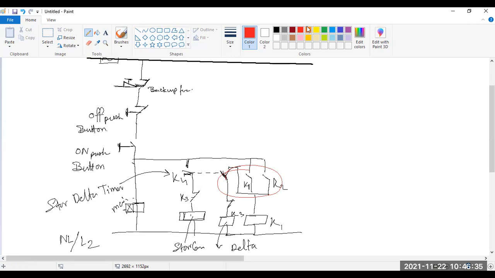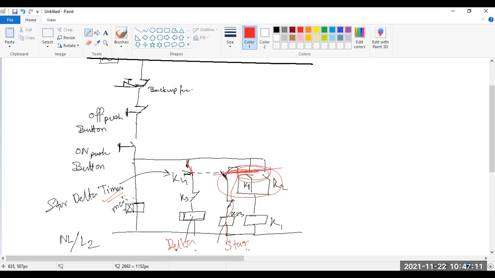You can write over here, this is star, this is delta. So look, first it is going to the star connection. Then after the timer is activated, this path will be activated and this path will be released.